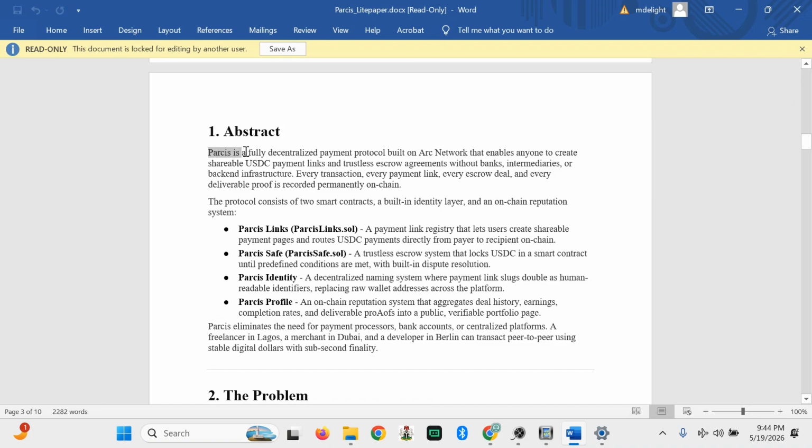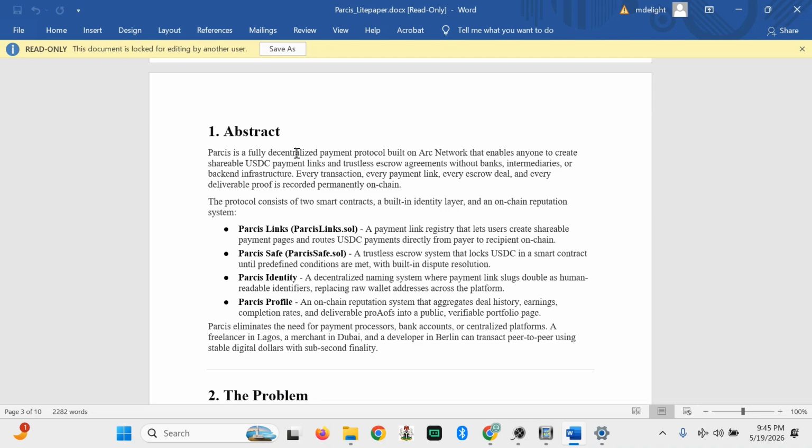In summary, Passes is a fully decentralized payment protocol built on an app network. It enables you to add payment and share your payment link, maybe for your business, your school, your work, for everything. You can share your payment link with the payer, and also on social media, WhatsApp, Twitter, and everywhere else.